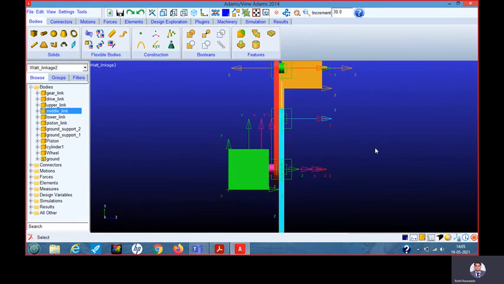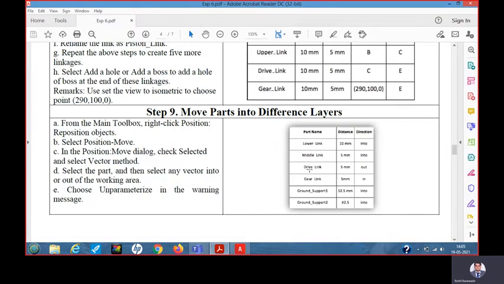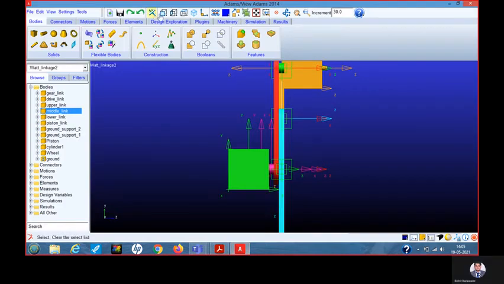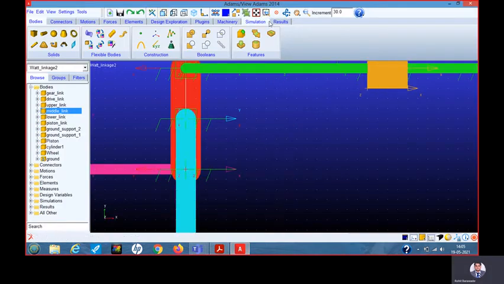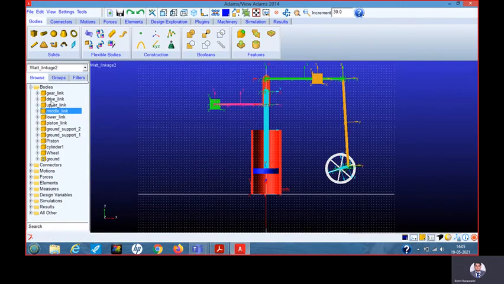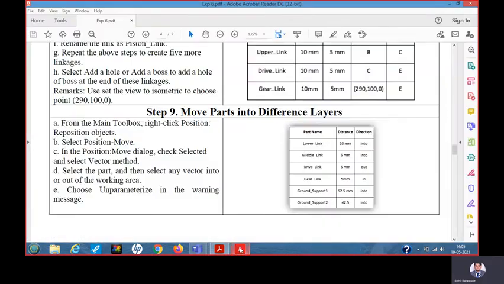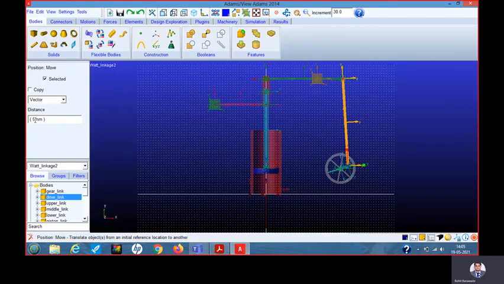So the middle link is moved in a proper manner. Then the drive link is 5 mm out. Out means what? It is above. It will move above. So drive link, front view, where is the drive link? We have to click on drive link, then click on reposition, and it is up 5 mm out. So plus 5 mm,